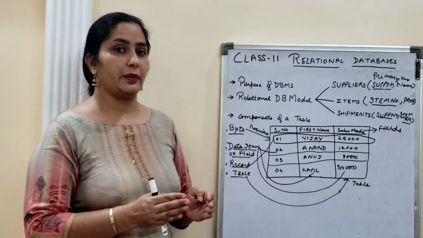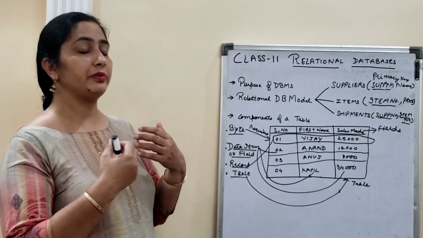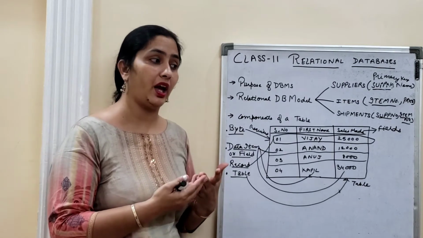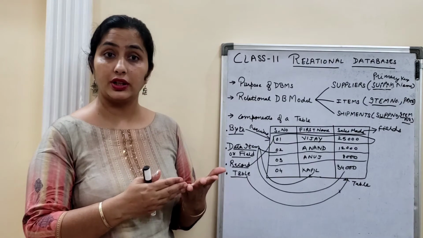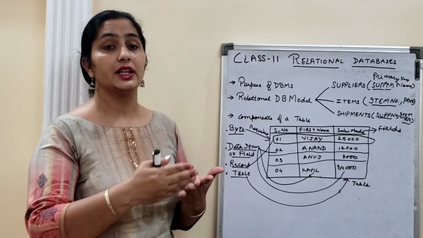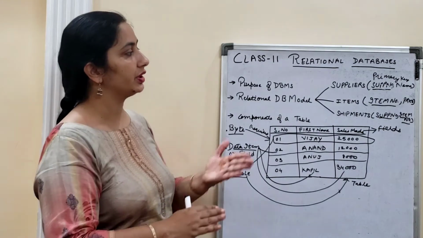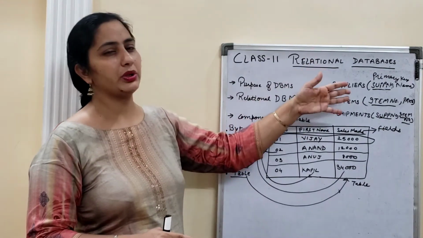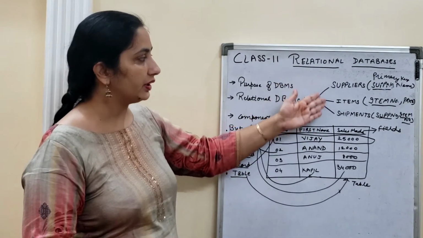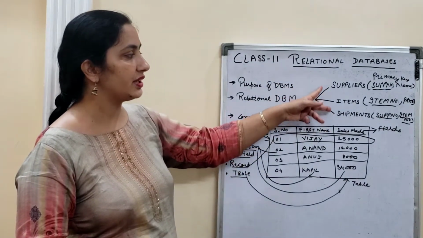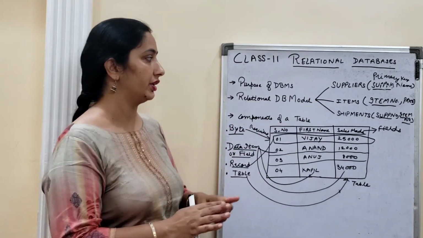So all the tables which we have in a single database, like if I am taking a school database, you may have a student table, teacher table, then you may have non-teaching staff. All these things are interrelated, interdependent upon each other. So these are the primary keys. About keys we are going to discuss more later, but you should understand that this is a relational database model where all things are interdependent upon each other.